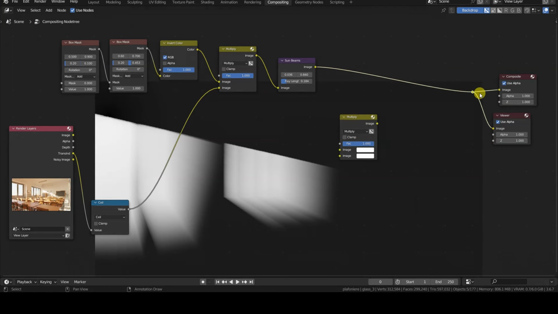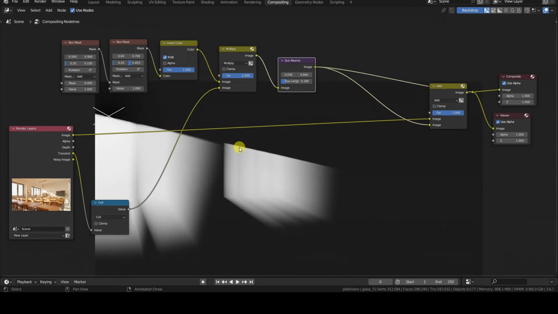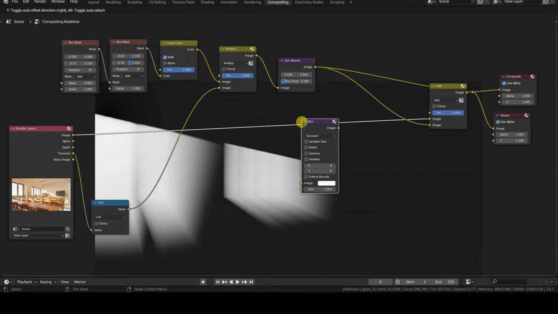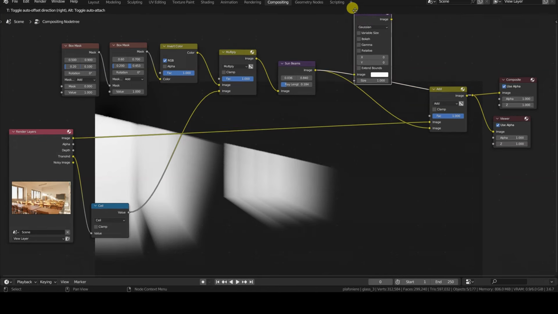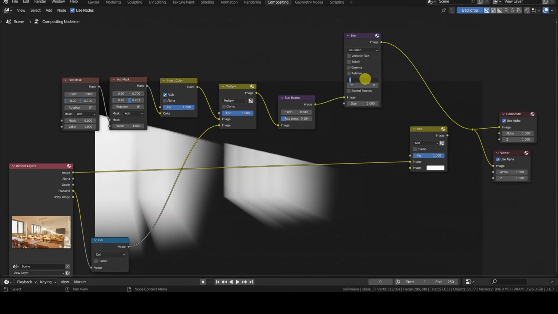To overlay the rays onto the original image, we use a color mix node in Add mode as seen in the previous tutorial. However, now the light rays have a too well-defined perimeter at the top, and they are completely white. To blur the edges a bit, let's insert a filter blur node with settings of your choice between the sunbeams and color mixed nodes.